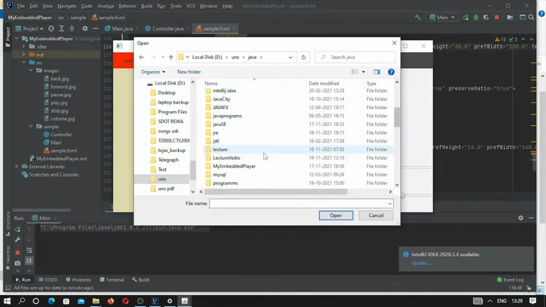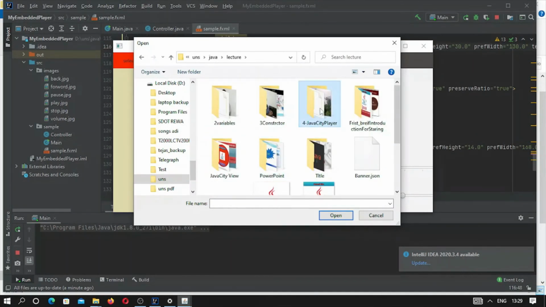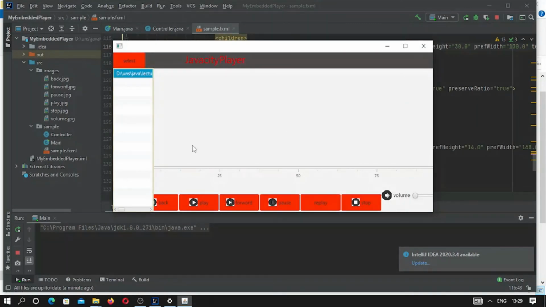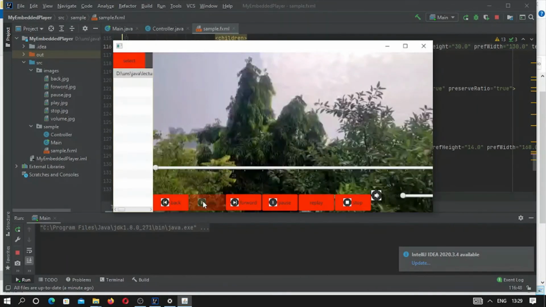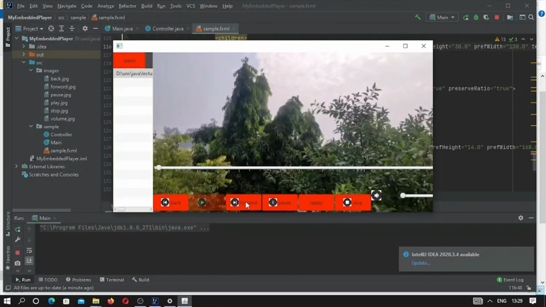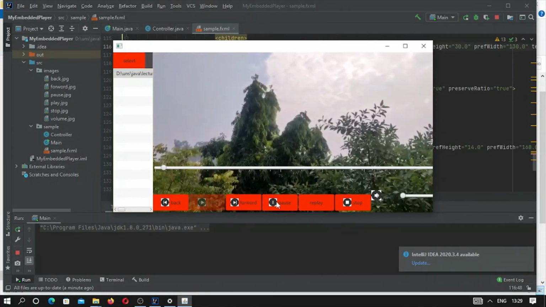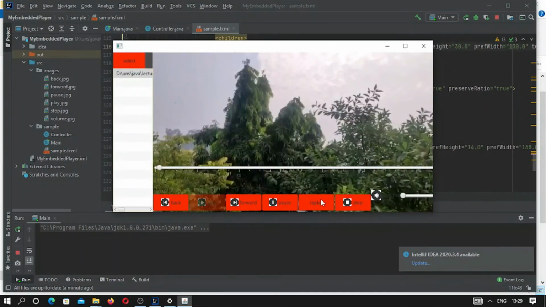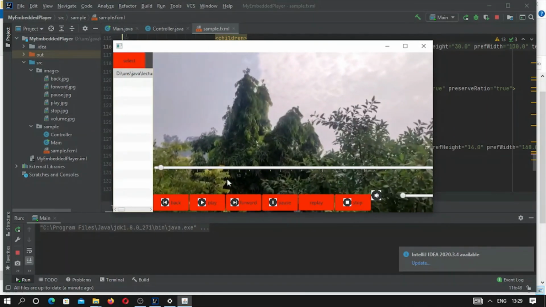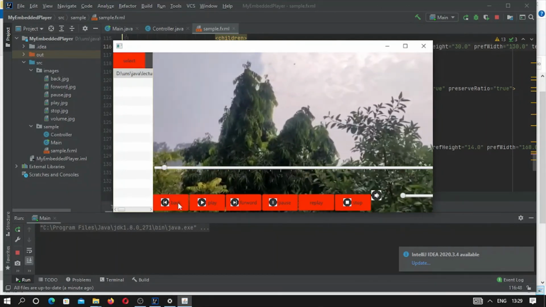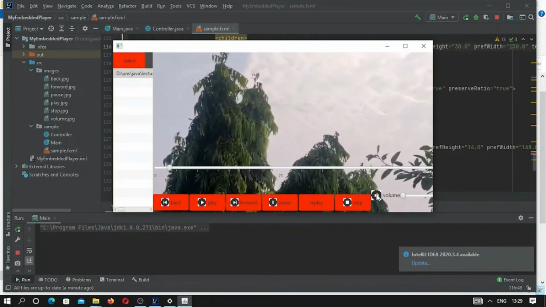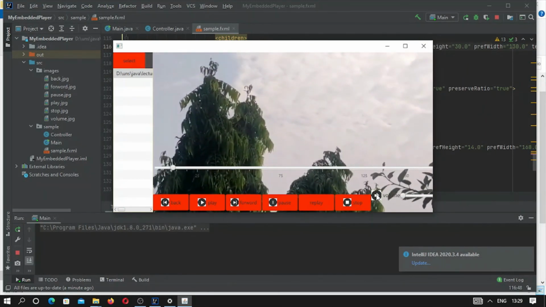Where is it here. Okay, so this should go ahead, and let me select it and play. Okay, forward, pause, okay, replay, and back. Okay, and now what we have to test is the mute.